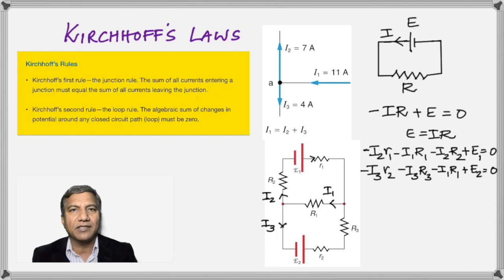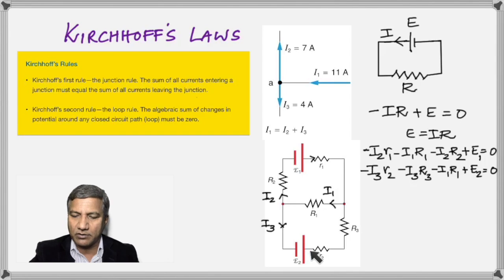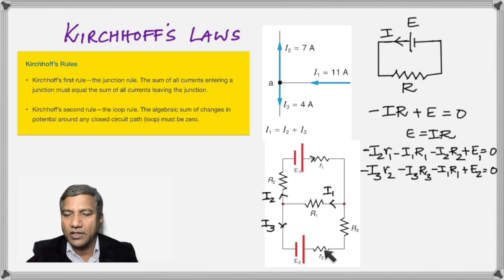Shall we try to apply this to the lower loop? This time we'll go even more slowly so you understand. So let's start from the positive of this battery and go in the direction of the current. So we're actually going in the direction of the current here because see, I3 is flowing this way, as you can see. I3 is flowing this way. So we're going in the direction of the current. So it's negative I3 R2,